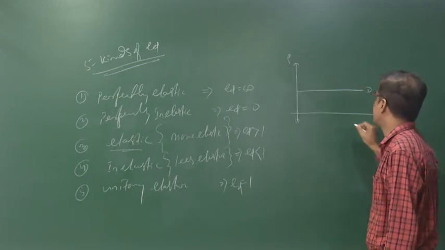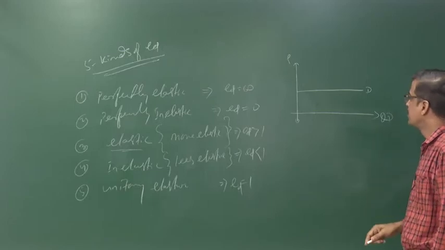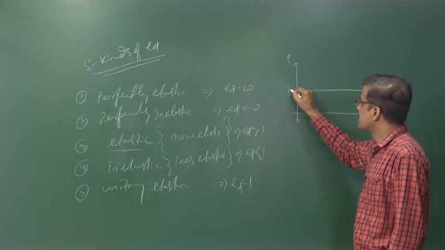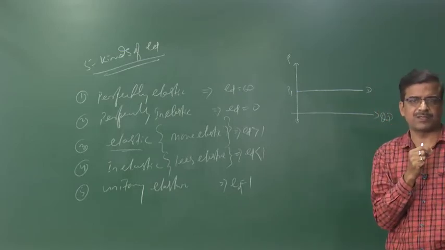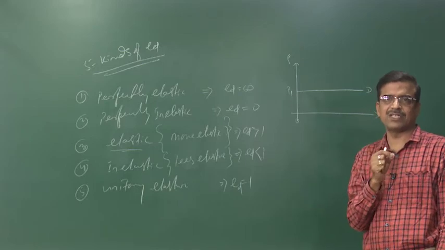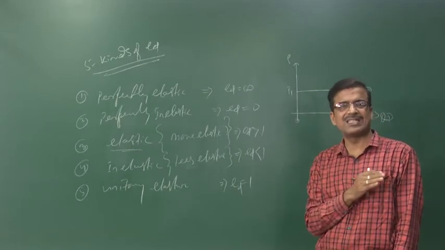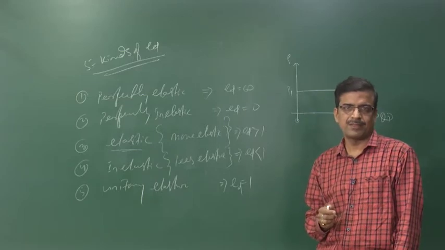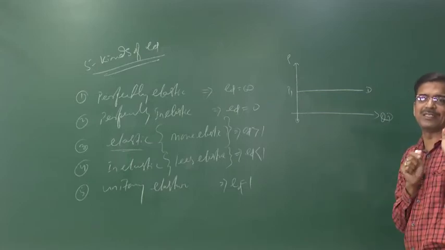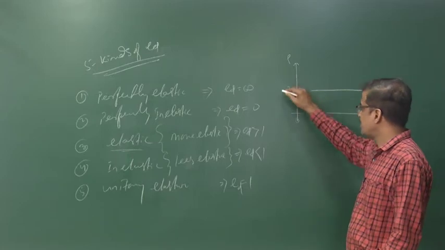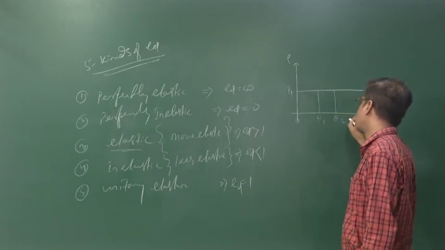This is the price, this is the quantity or quantity demanded. Here the price is P1. If there is a very negligible change in the price of the product, demand changes infinitely. That means the demand changes by a huge amount even if the price changes only a little bit. The price remains constant, and the quantity demanded increases from Q1, Q2, Q3